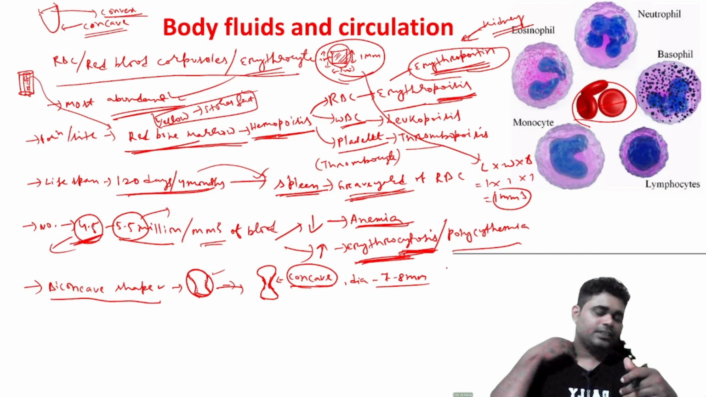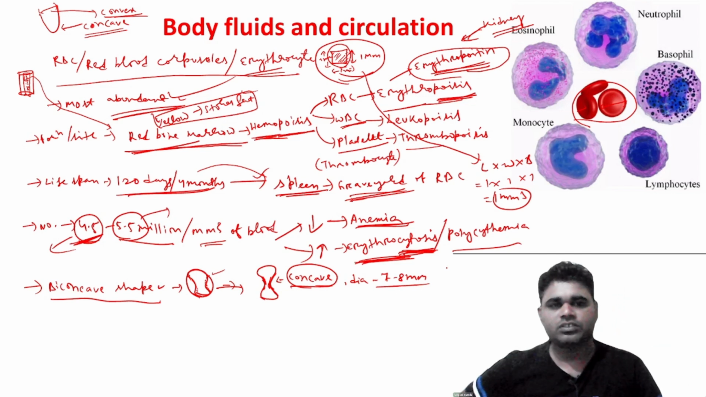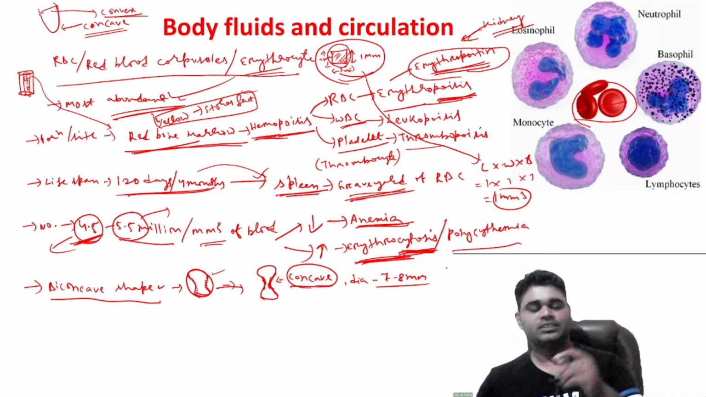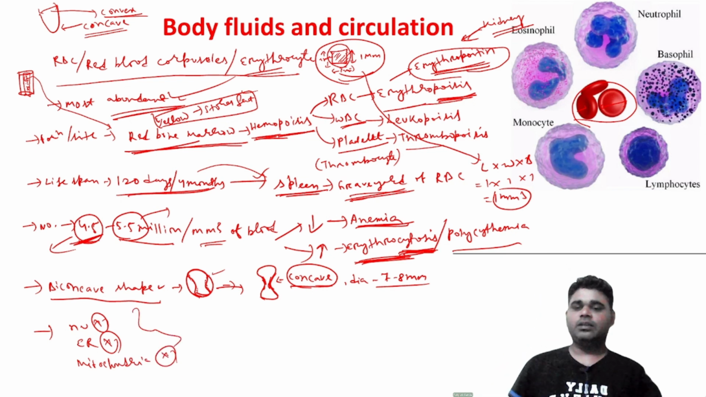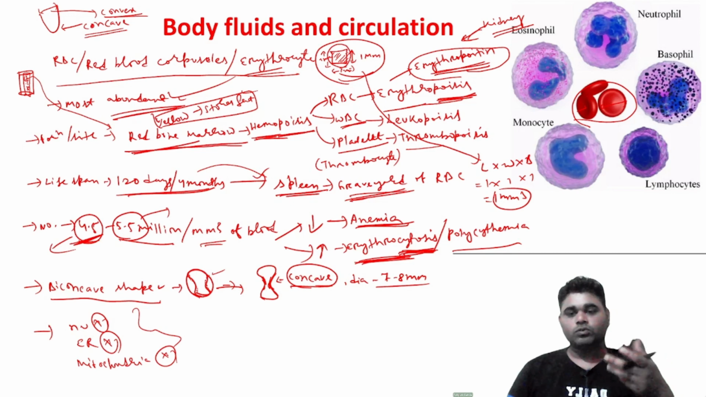Besides this, the RBC structure is not similar to the other cells. That means in the RBC there is no nucleus, the endoplasmic reticulum is absent, the mitochondria is absent. They are also absent in the RBC. So, now imagine how or why the nucleus, the endoplasmic reticulum and the mitochondria are absent in the RBC,